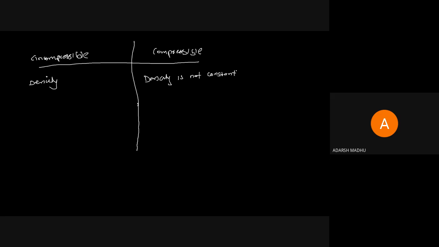And we have studied the velocity of fluid. We are studying the velocity of fluid and the velocity of sound. Velocity of sound is denoted by a, and velocity of fluid is denoted by c. In our whole module, we are dealing with two types of velocities. The first is air or sound velocity, denoted by small letter a, and fluid velocity, which is expressed by c. So the main difference between incompressible and compressible is the density difference.